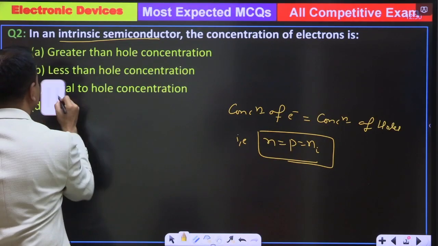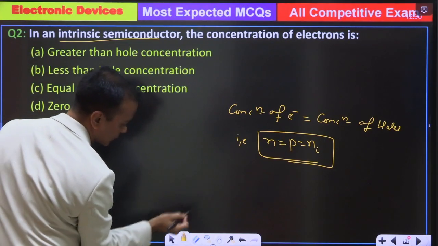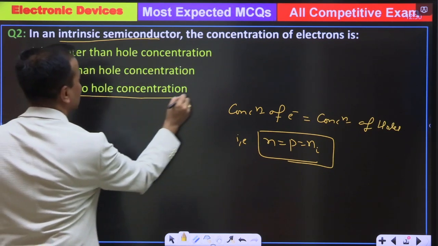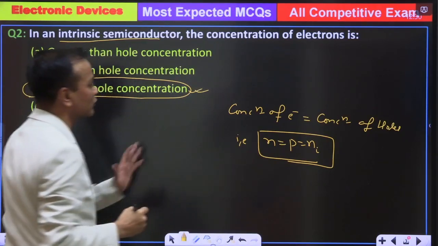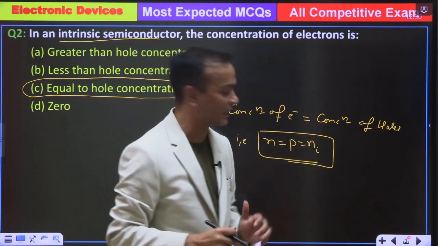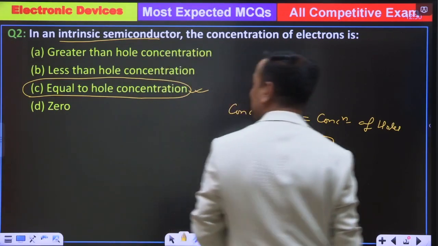This option C is the right answer for this question. And in this way, you have to know this condition. Now we'll go for the next. So the next question is,